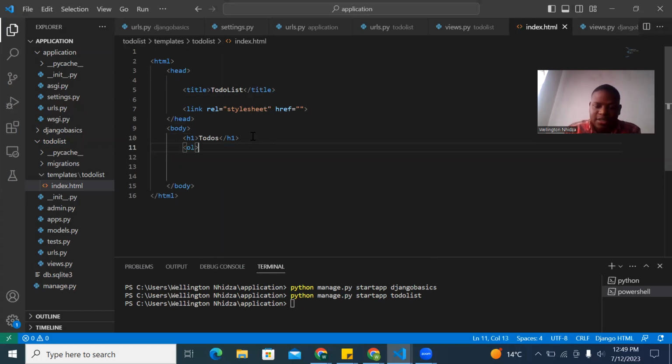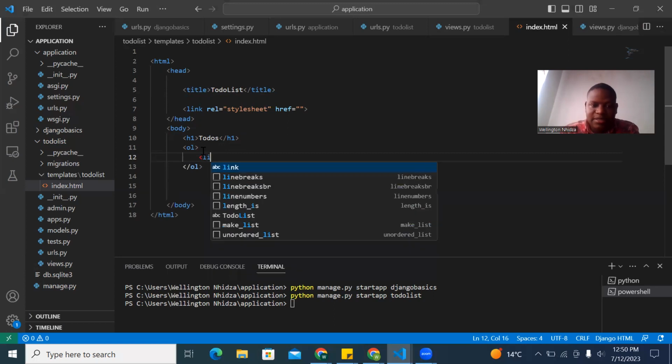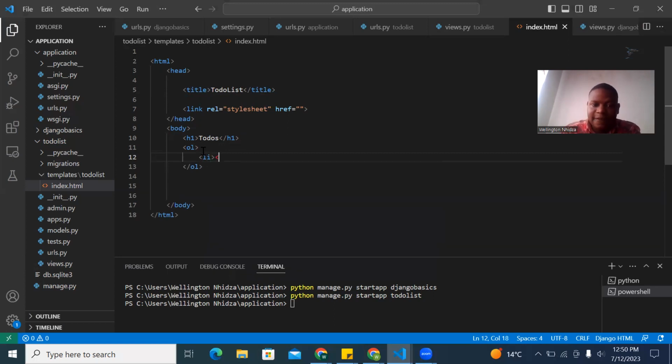I like an ordered list. So in this ordered list, we want unordered lists, some lists there, like this. So now what we're going to do in Django is this: